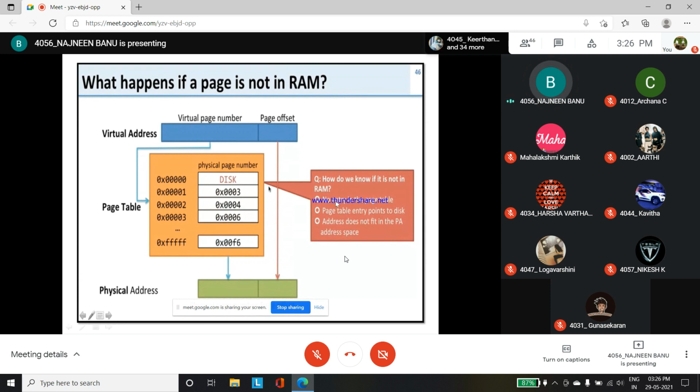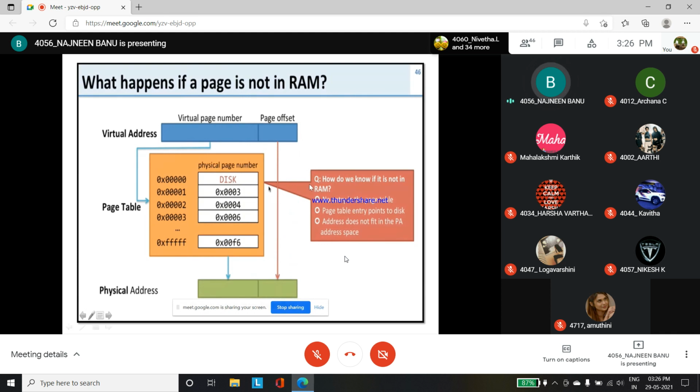Can anyone guess what the answer is? Let it be wrong, at least guess. Anyone? If it is not in RAM, how will we come to know that it is not in RAM? Anyone for this question's answer? Kindly reply, students. You can guess, let it be wrong also. It's okay. Choose any other.